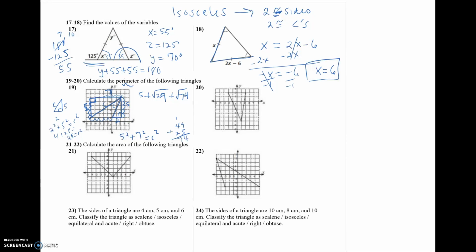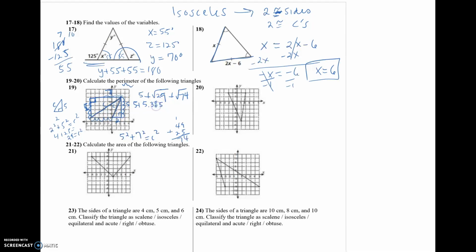Since it's a triangle, I know it has 3 sides. And if I use my calculator for these, sorry, I'm trying to pull up my calculator. The square root of 29, you can just plug that into your graphing calculator. Let's see, that should be approximately 5.385. So I'm going to add 5 plus